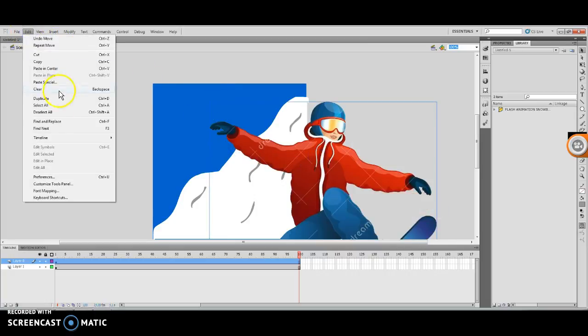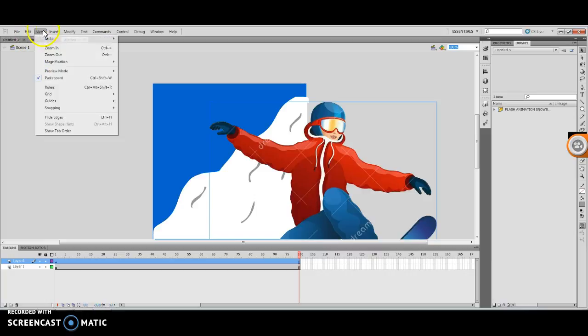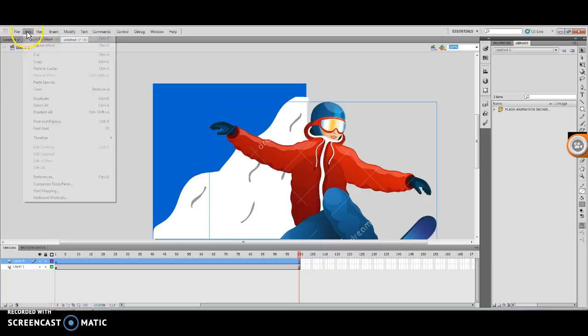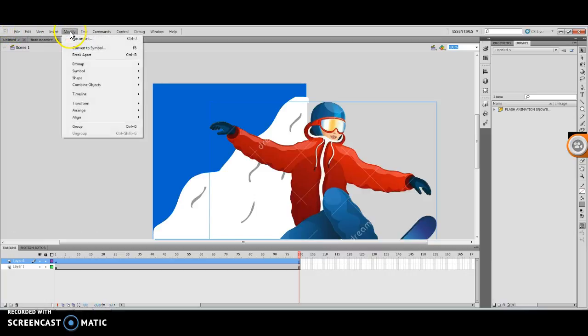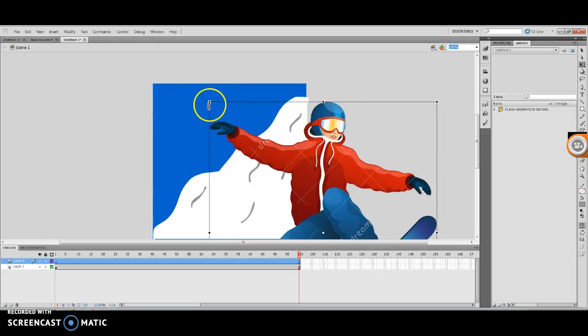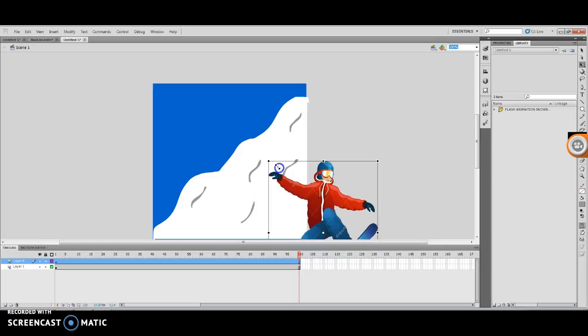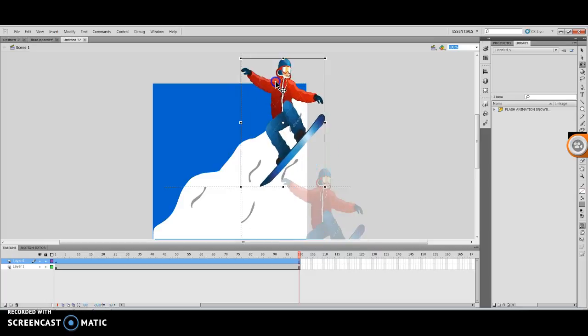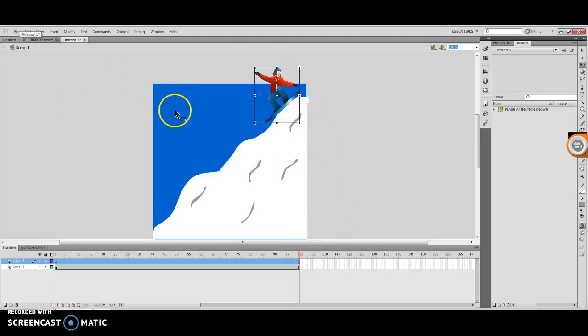So in my Modify menu, I'm going to say Transform. And get our little handles at the edge here. There we go. Now once you're happy with where your snowboard is positioned and you're happy with the angling, so you can also